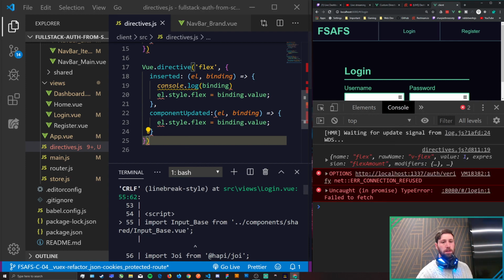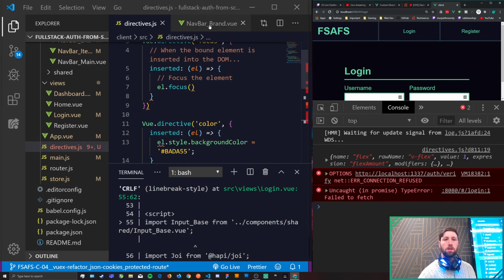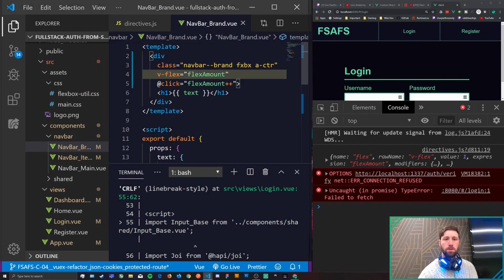So yeah, it's on, I like it, it's cool. And we can also pass in full objects into this expression. If we were to pass in like,